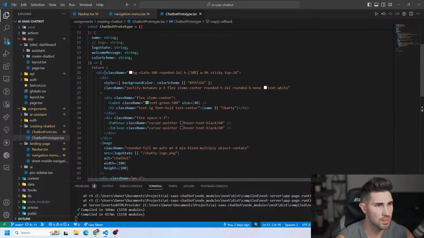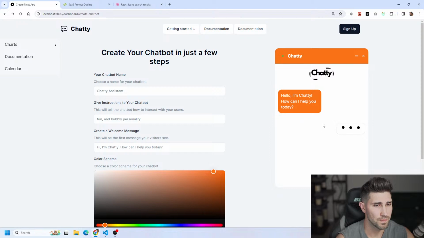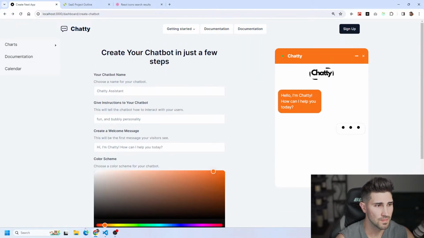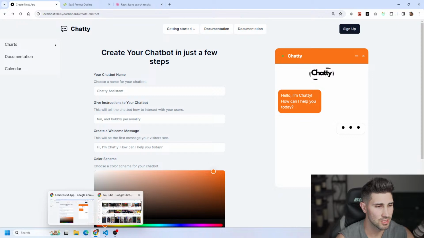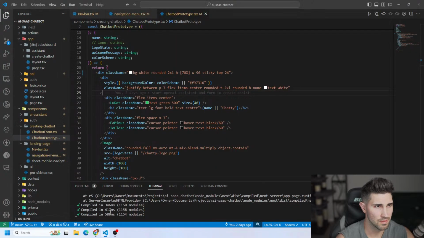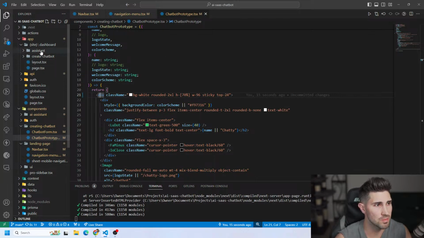Chatbot prototype. So for this, the parent div should be background of white. Now that's showing like that, which is good. And then this page is a BG slate of 100. So we need to fix that page. So we have the chatbot prototype, and then that page should be,